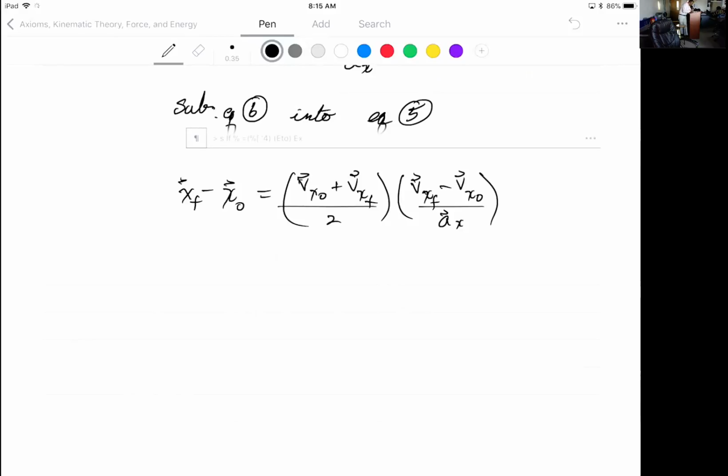So now I want to go ahead and simplify the right side. The left side is just a displacement, but the right side can be added together. So in the numerator there, I am going to multiply the